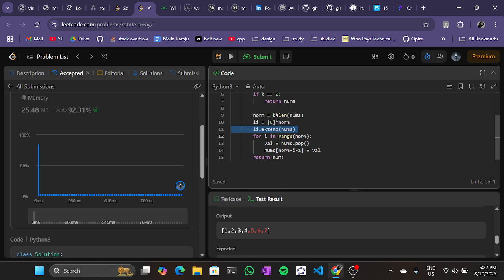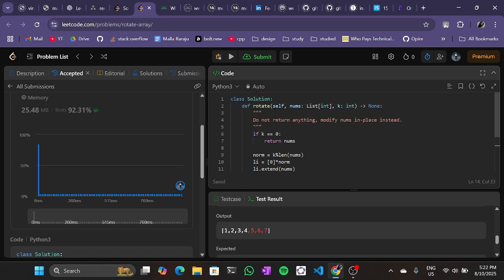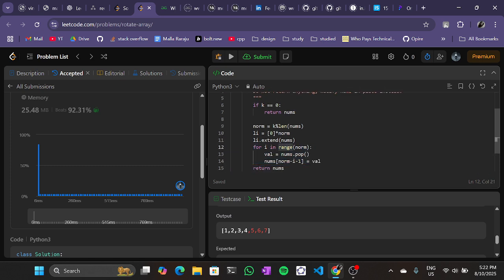Understood, guys. So in place, here we are doing in place only, but it is not optimal as I said. To make it optimal,